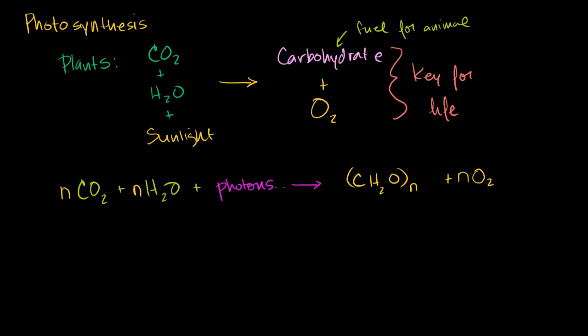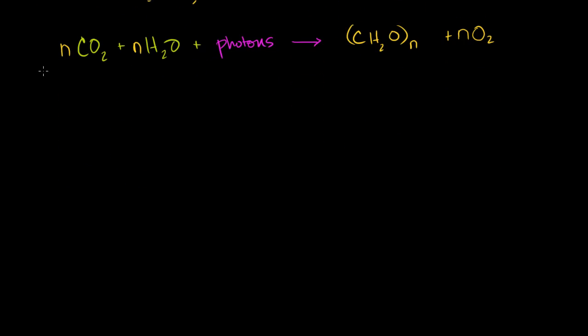But when you dig a little deeper, you'll see that this doesn't happen directly. That this happens through a bunch of steps that eventually gets us to the carbohydrate. So in general, we can break down photosynthesis. And we'll delve deeper into future videos, but I want to get you the overview first. Into two stages. We can call one the light reactions,